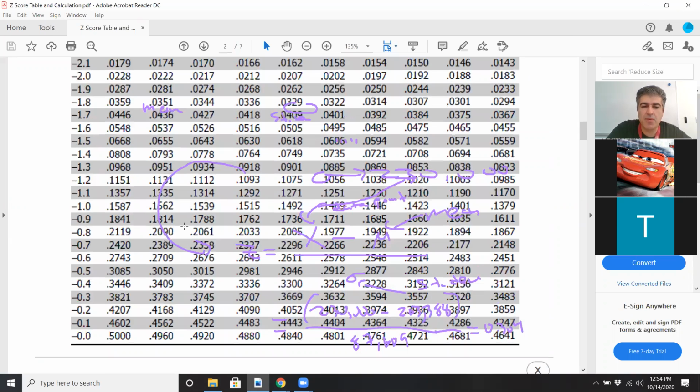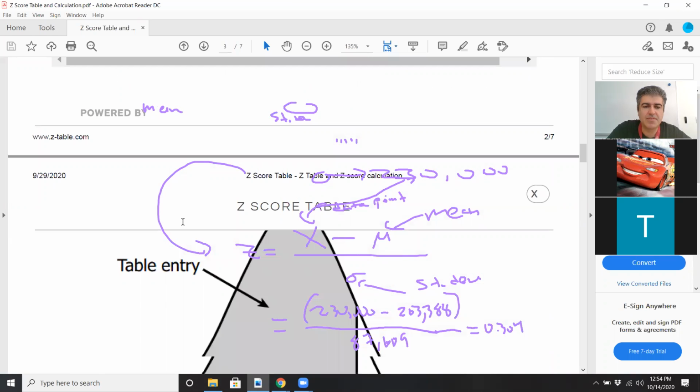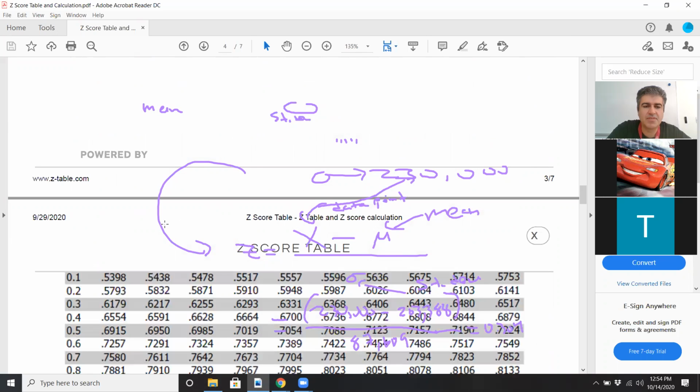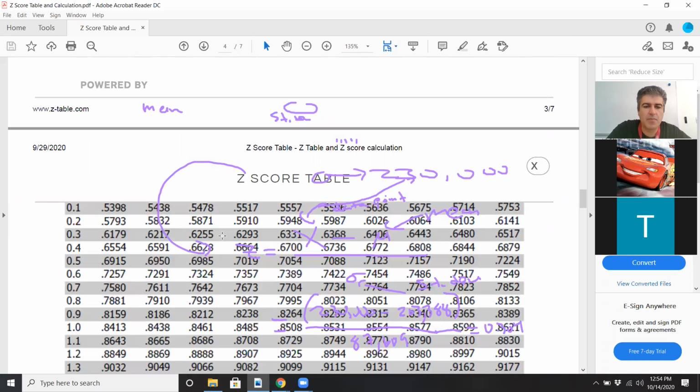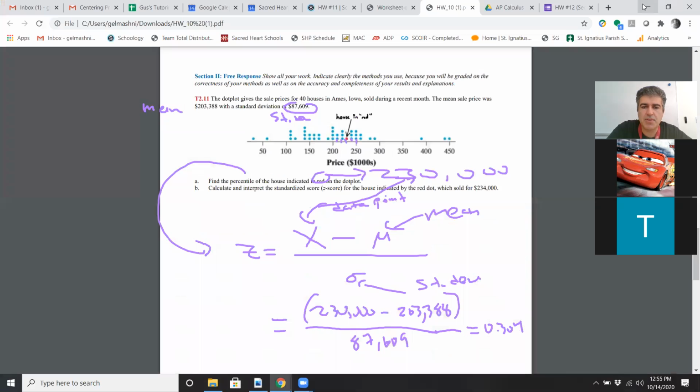So z-score 0.304. This is 0.01. Let me get a spotlight out. Here's 0.3, 0.31, 0.32, 0.33, 0.34. So it'll be about 0.6331. So that's the 63.31 percentile. So the percentile will be